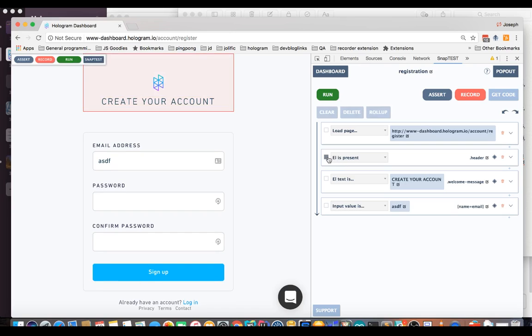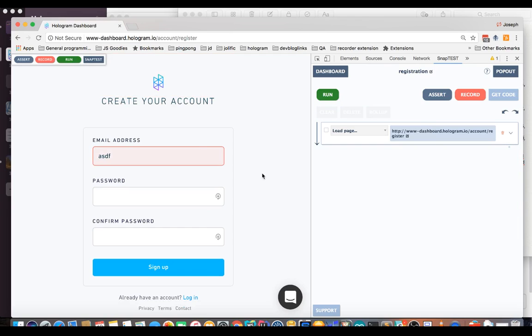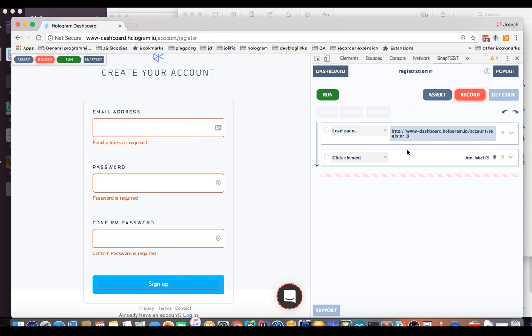Great. Now, let's put it all together. To delete these, I'm going to shift-click them and hit D. And we're going to test the form validation on this registration form here. To do this, we're going to use a combination of recording and asserting. I'm going to start by recording, and I'm going to record just hitting sign up without actually putting anything into